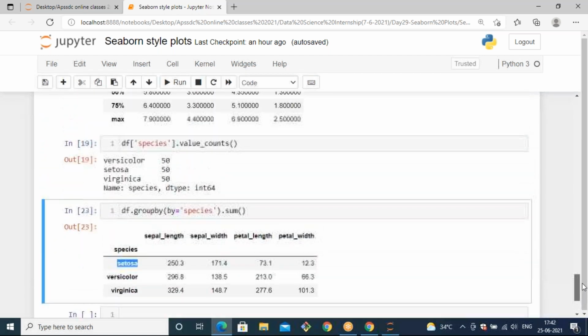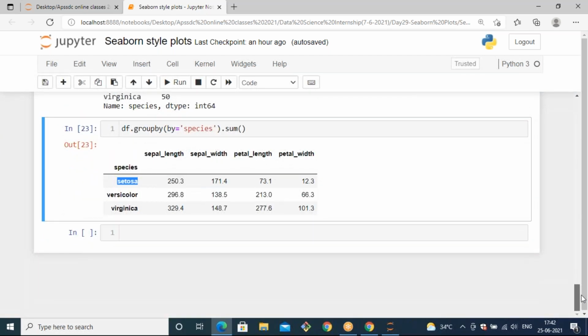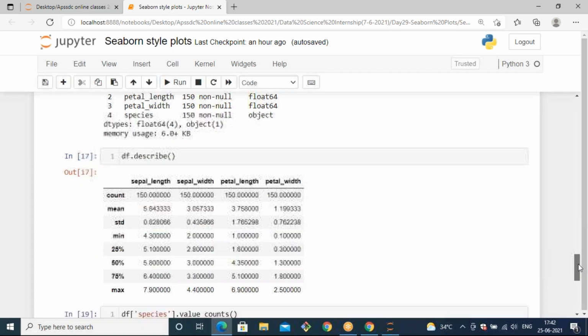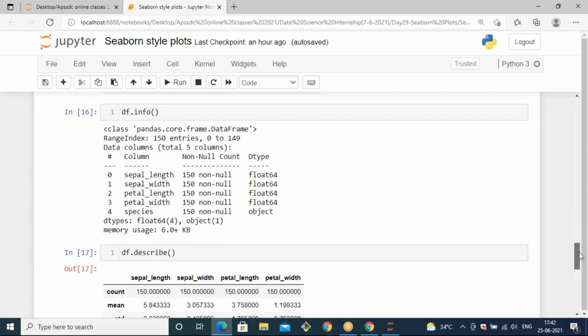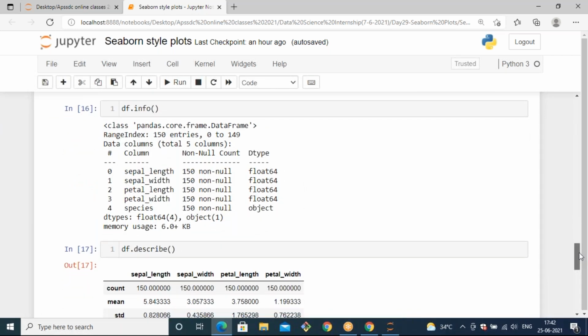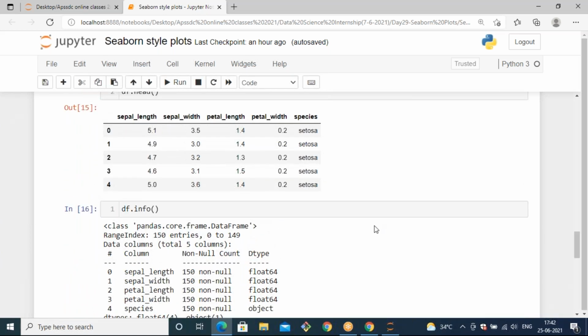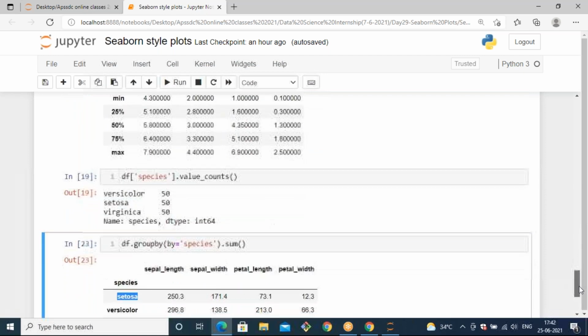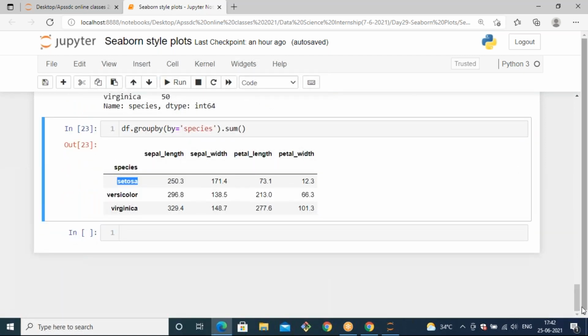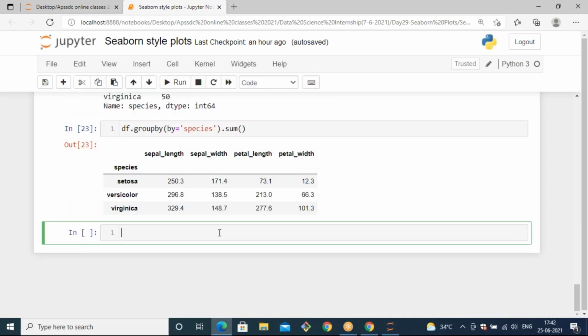Okay. So we are not focusing on pre-processing, and we don't have anything to do for pre-processing here, because it doesn't have any null values, and also it doesn't have any duplicates. And when you see the data, it also has the same range, like 0 to 5. It is not a huge range or huge difference. So instead of going to pre-processing, we are just going to do analyzing. That means visualize. Let's visualize something.